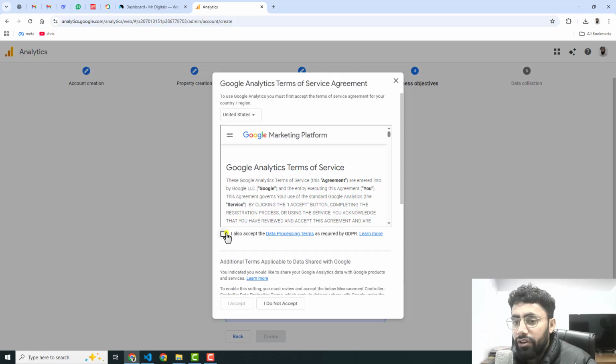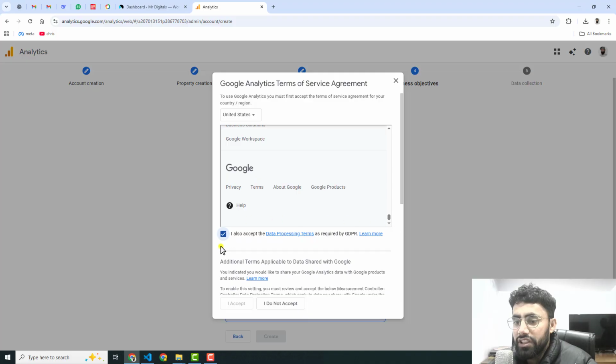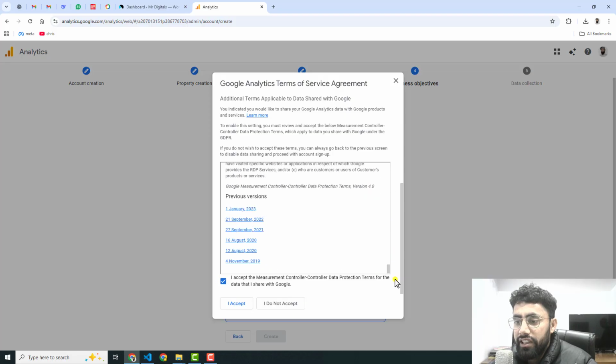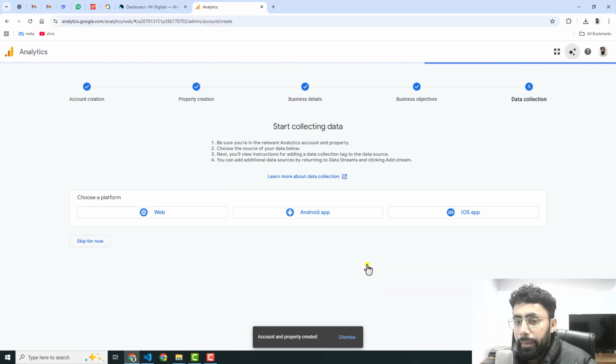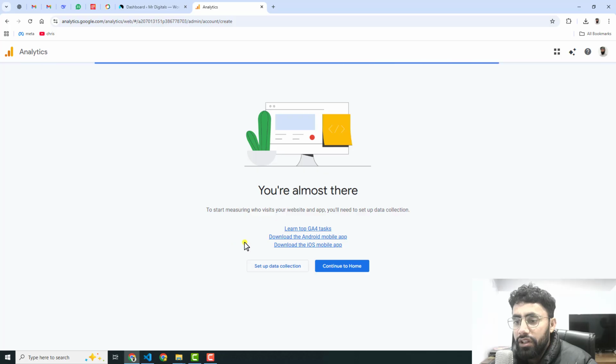And then we have an option of selecting the checkbox for accepting this policy. Once you have read all this, you should click on this checkbox, and then scroll a little bit down, and here we have another one. So read it and then click on I accept. And here we go. Now you can click on website, or maybe you can skip for now, and then click